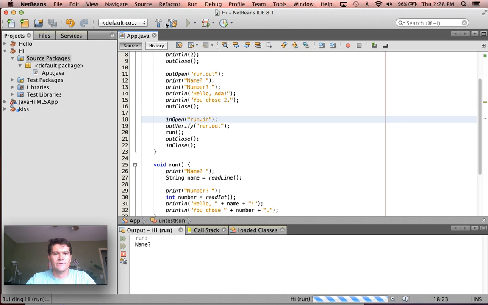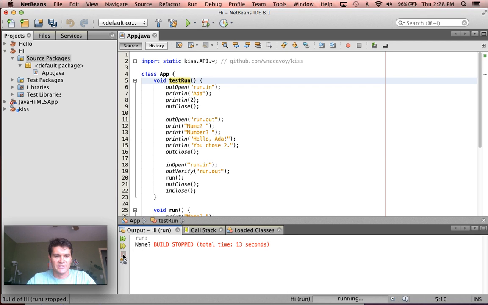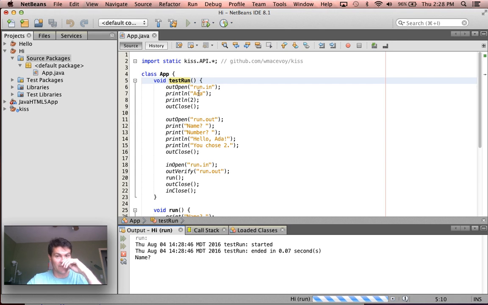Oh, I never ran the test because it's an untested run. So let's actually run the test. So little red box, like fail on that, it didn't like that. So let's try again. And now look at that. So started, ended, it actually passed the test. I provided an Ada for the answer to the first question. I provided a 2 for the answer to the second question. And